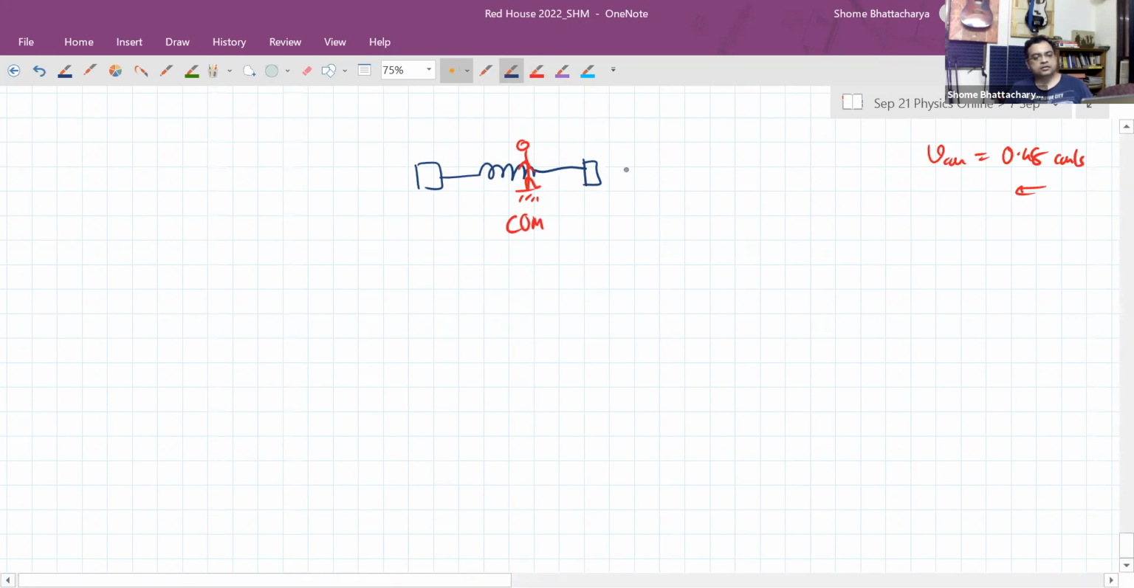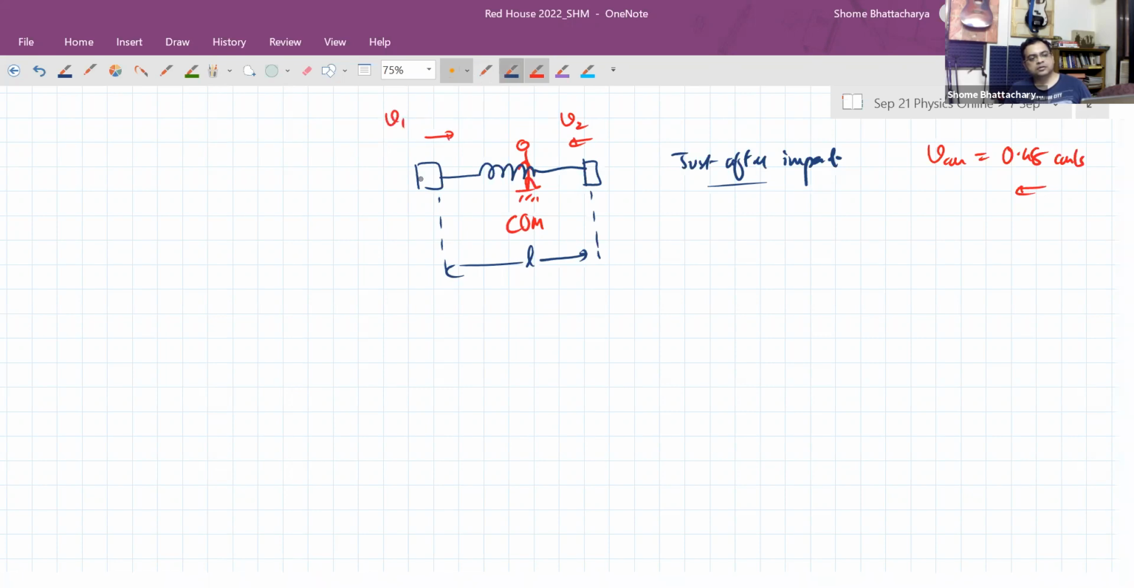So just after impact, what is happening is this is at natural length, and in the center of mass frame, this block is having some velocity v2, and this block is having some velocity v1. Remember, these v1 and v2 are not in the ground frame; they are with respect to center of mass. In the ground frame, m1 is actually at rest. So in the center of mass frame, it will have a velocity equal to 0.48 centimeters per second like this,